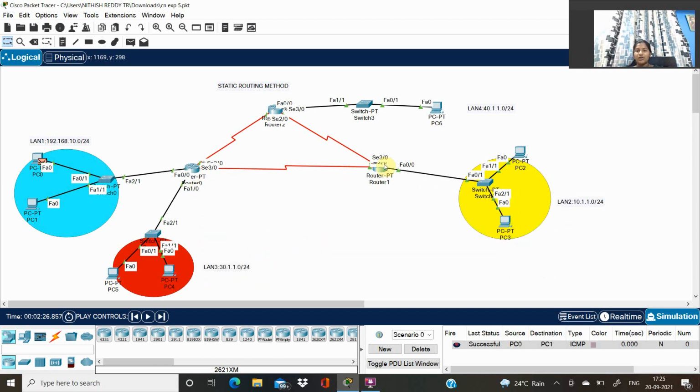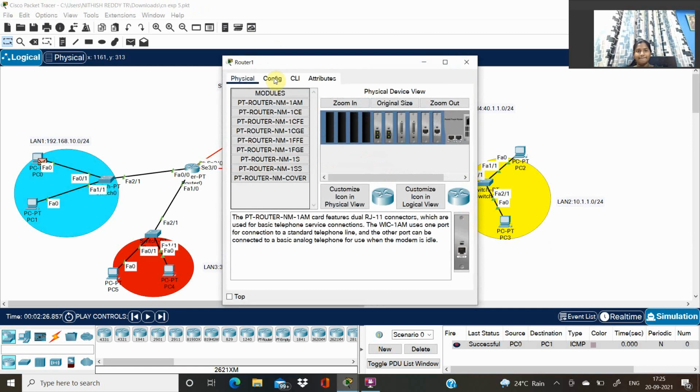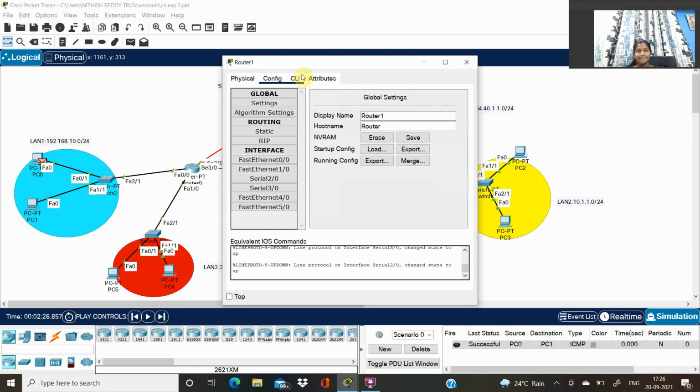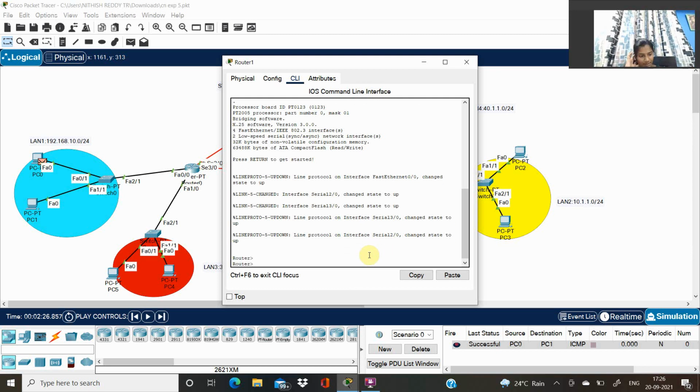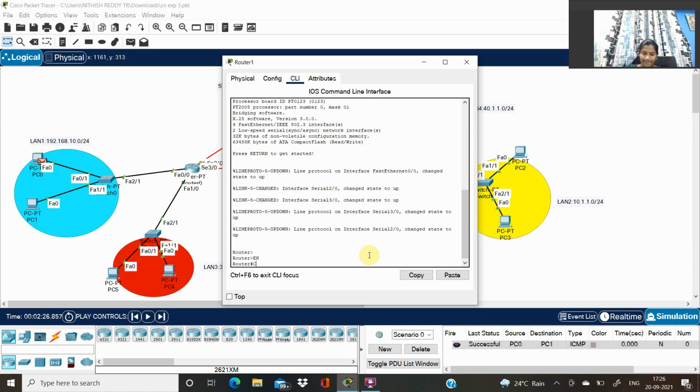Now I'm doing the configuration for router 1. Enable, configure terminal.